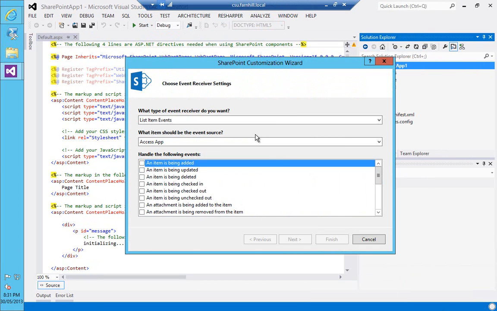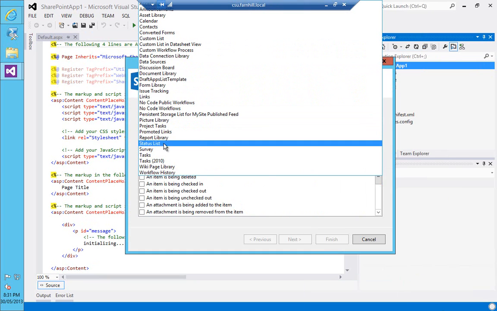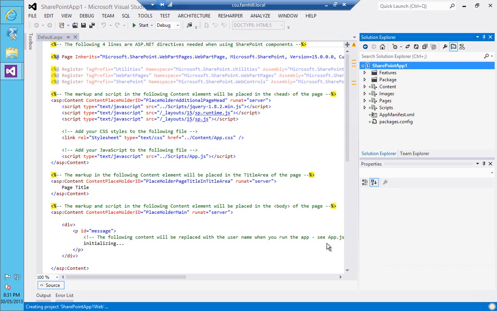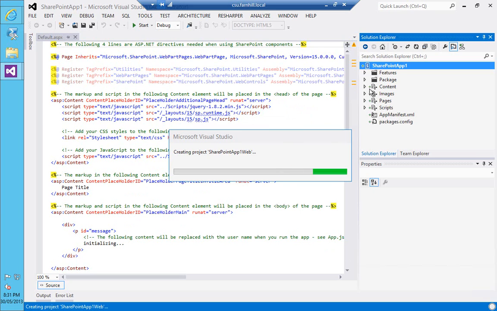All right, so it's going to ask me a few things as we go through this wizard here, saying what type of events do I want to listen to? What should the source be? So I might say I want to hear about every item being added into a document library. This is the same as the server-side setup for an event receiver. But the difference here is that when I click Finish,